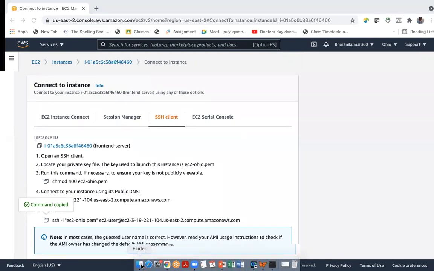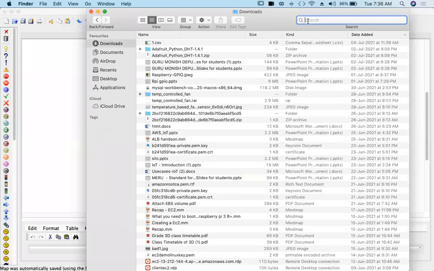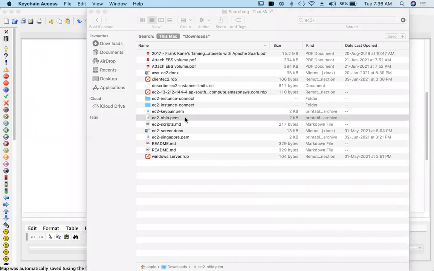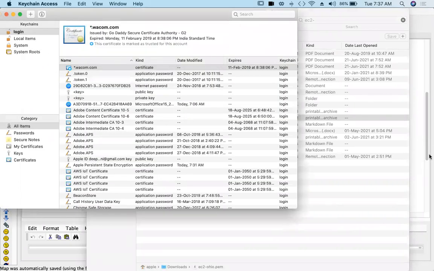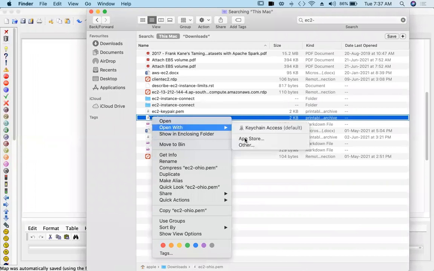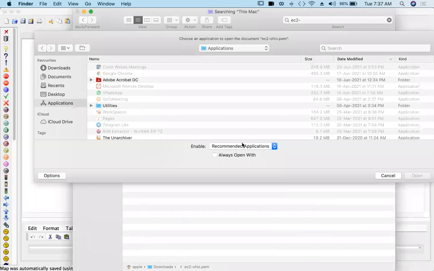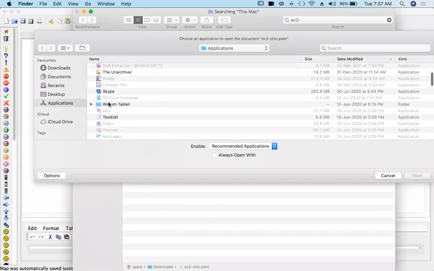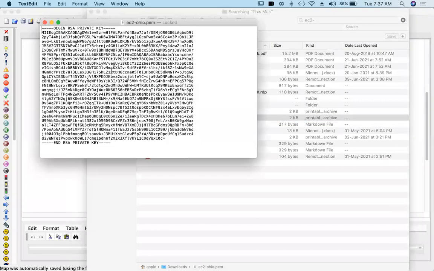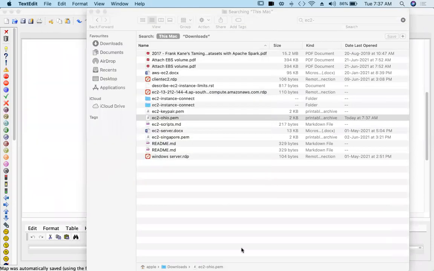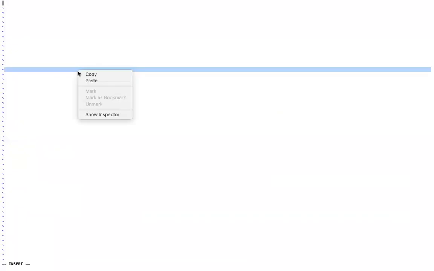In the text editor, what we are doing is copying this key pair into this one here.